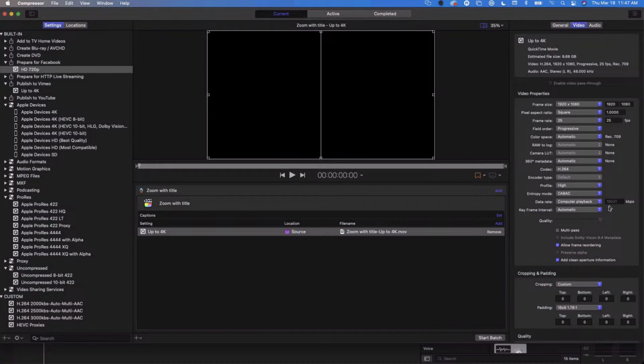So if you want to squish this down to something more reasonable, you're going to want to choose custom and then enter a custom value in here. Now, typically for our tutorials, we work between 2,000 and 3,000 kilobits per second. Watch what happens when I put in 3,000 kilobits per second. Return. Look at the file size now. It's 1.53